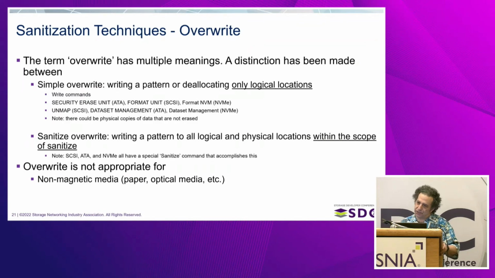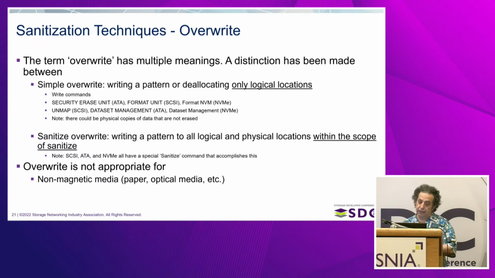You need to use the Sanitize overwrite that can get into all the nooks and crannies in the device: SSDs, over-provisioning, hard disks, spare tracks. Those apply to them all. There are some secure erase units, the unmap commands, the format NVM, which go a long way, but don't quite meet our definition of purge that we've established in 2883, but they are an effective clear.